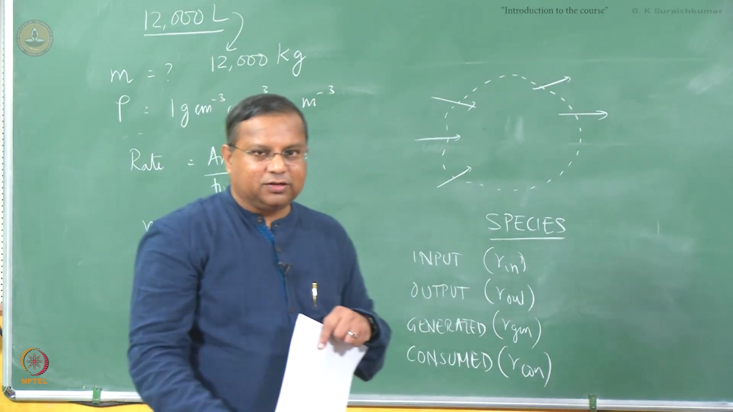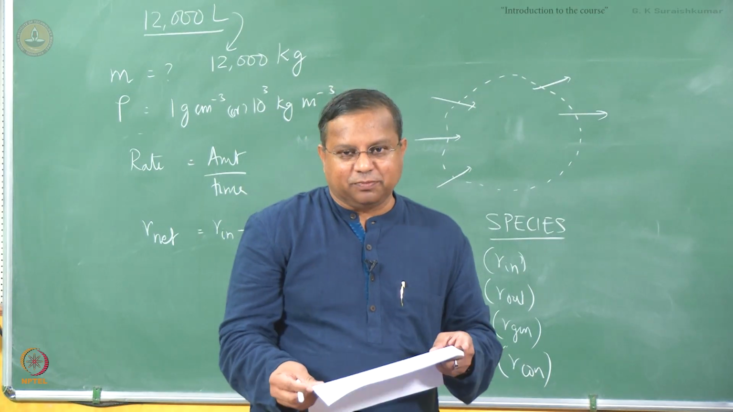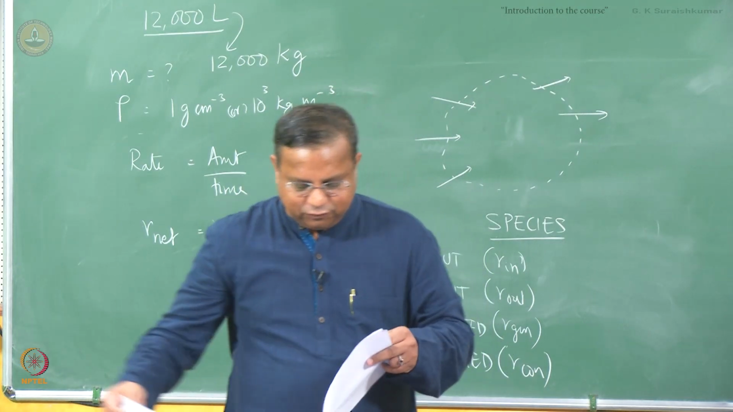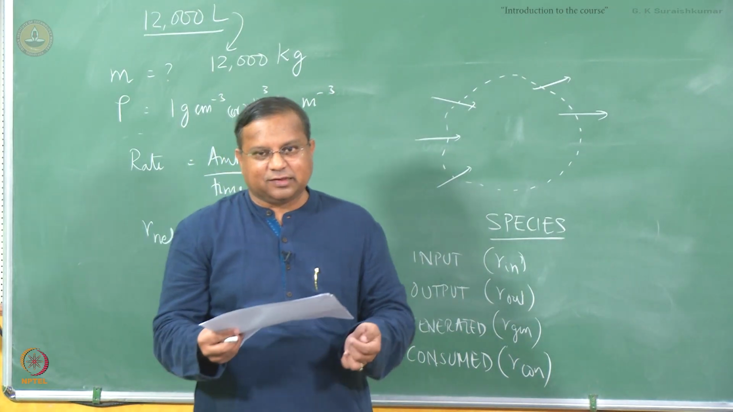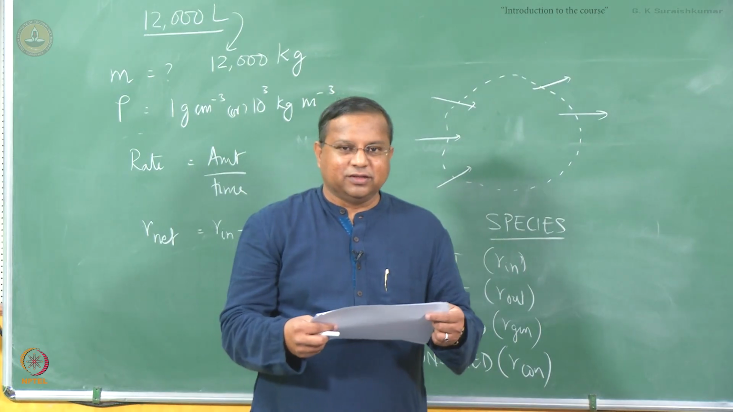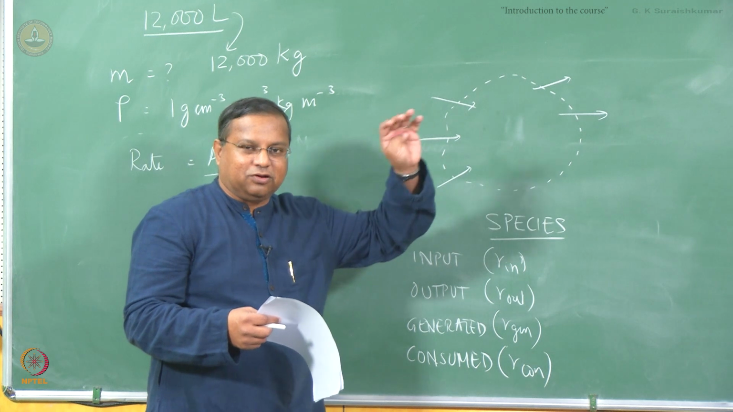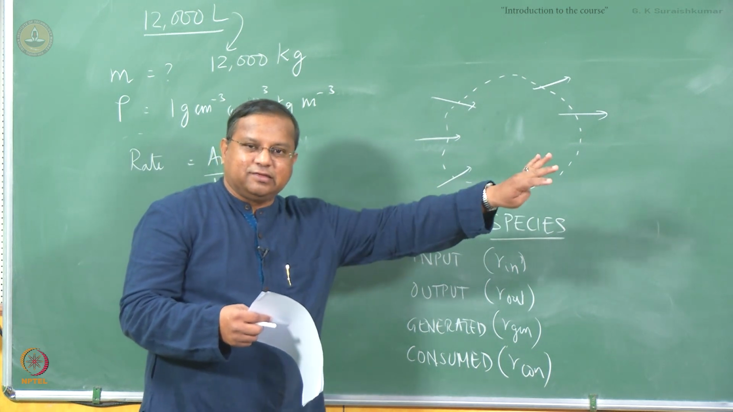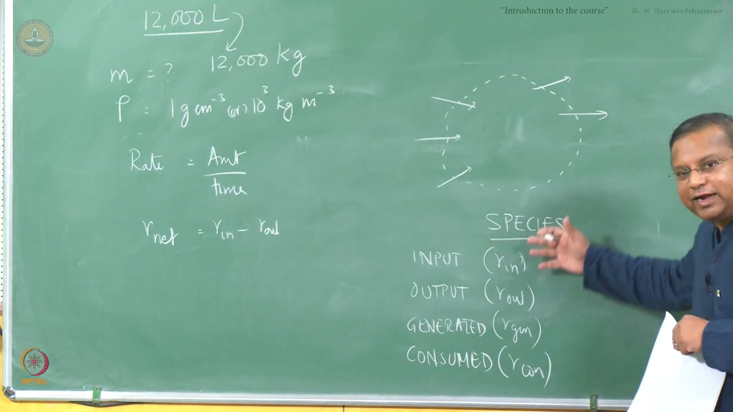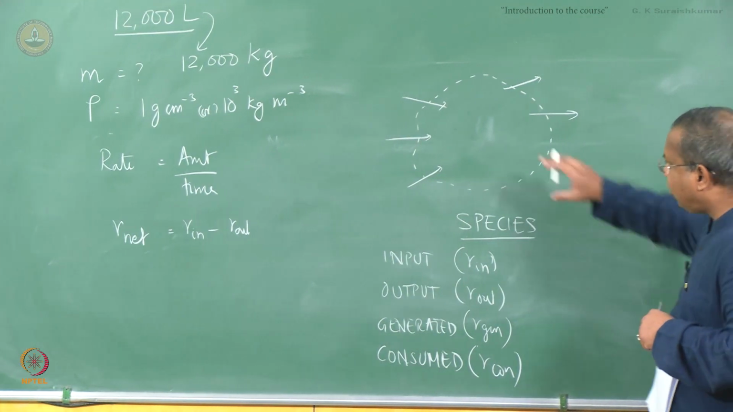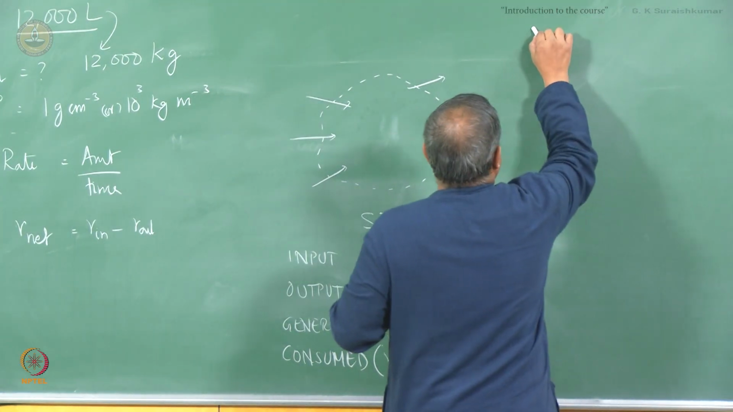You can think whatever you want. Apart from these 4 things, nothing else can happen to that particular species. Therefore, if you apply the principle of mass, mass cannot be created nor destroyed. Whatever mass exists at the beginning of the process must be the same at the end of the process. And therefore, if you are looking at the net rate of the species in this particular system, the net rate,